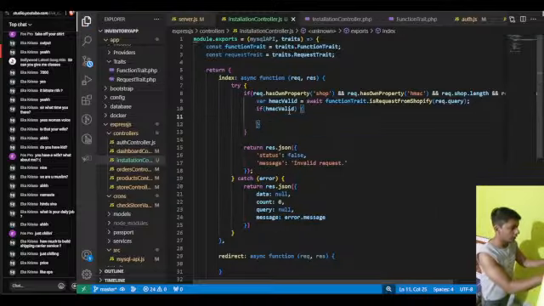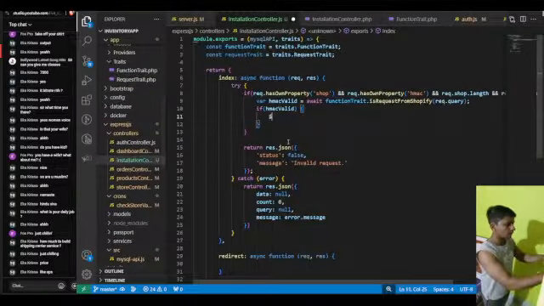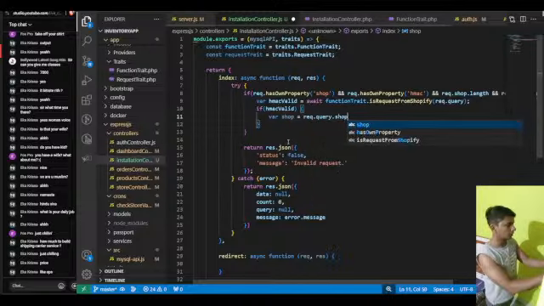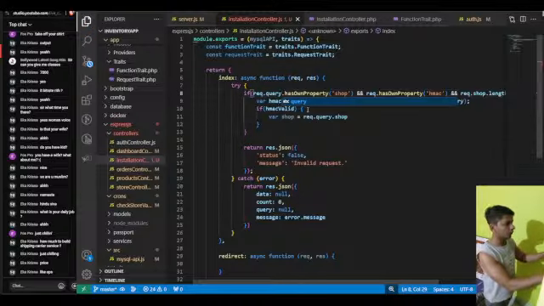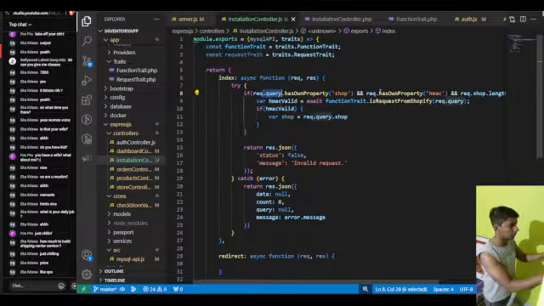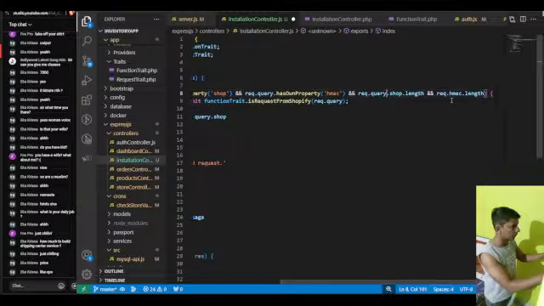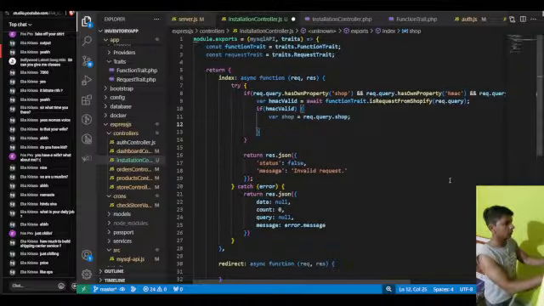If HMAC valid, then var shop equals request.query.shop. It should be request.query.hasOwnProperty, isn't it? Yeah. So request.query.shop. After that,